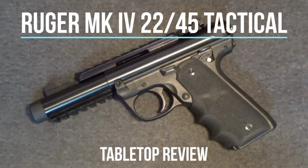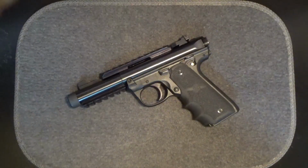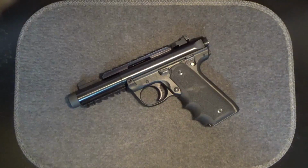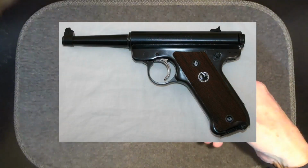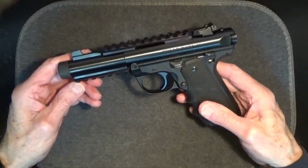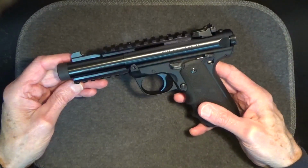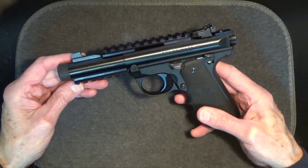Today we'll look at the Ruger Mark IV 22-45 tactical pistol. Since Ruger began production of its standard rim-fired .22 pistols in 1949, it has produced millions of these firearms in a variety of formats. In the world of target shooting, plinking, and even among small game hunting or sporting enthusiasts,